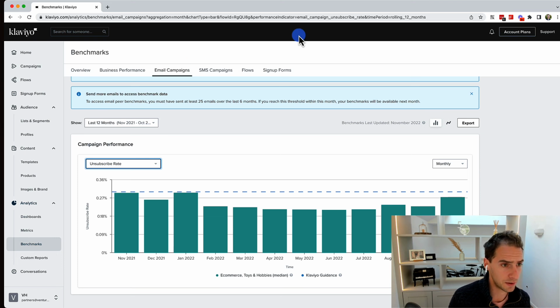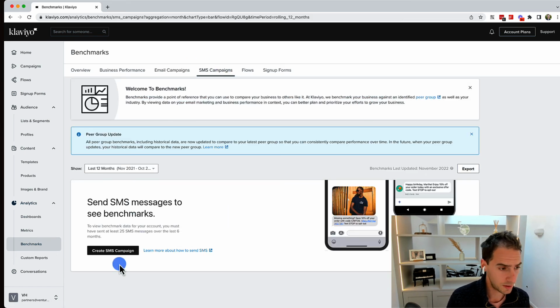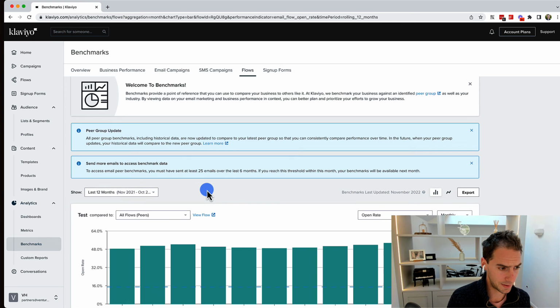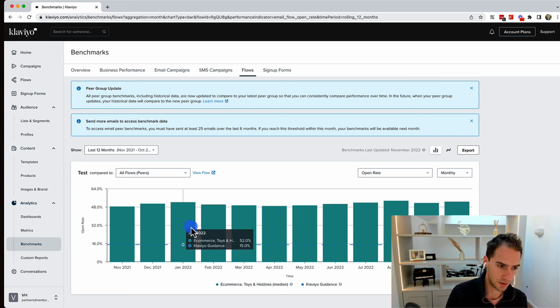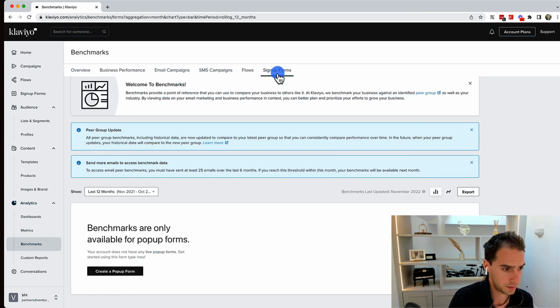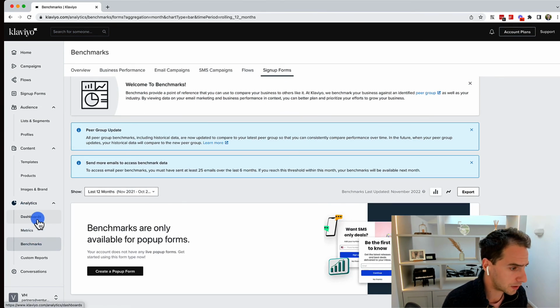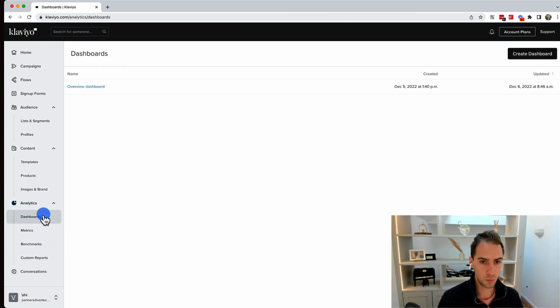So I really like this. I think this is really well executed, and really helpful. And another one of those things where I think if you're an e-commerce site, this feature really can add quite a lot of value compared to, say, going to a generic platform like HubSpot or ActiveCampaign. So that's benchmarks, and then when we pull these features together, so the data we're getting from metrics and benchmarks,